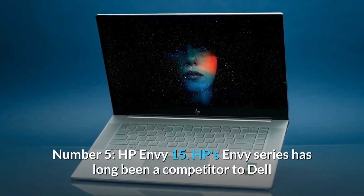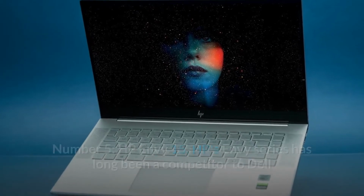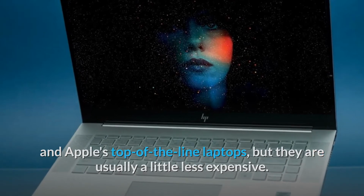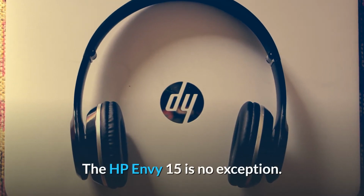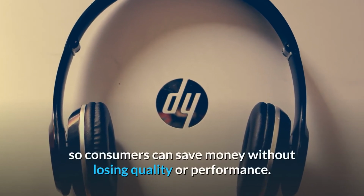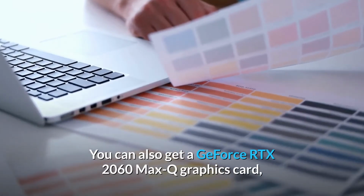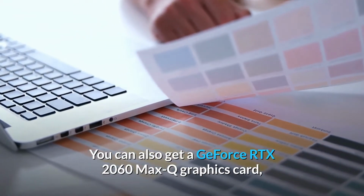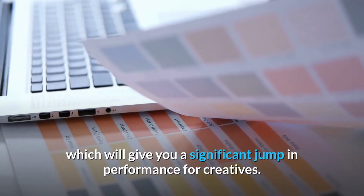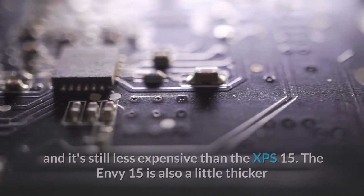Number 5. HP Envy 15. HP's Envy series has long been a competitor to Dell and Apple's top-of-the-line laptops, but they are usually a little less expensive. The HP Envy 15 is no exception. It's a stylish laptop with a lot of muscle under the hood, so consumers can save money without losing quality or performance. You can also get a GeForce RTX 2060 Max-Q graphics card, which will give you a significant jump in performance for creatives. It's a more enjoyable experience than relying solely on the processor, and it's still less expensive